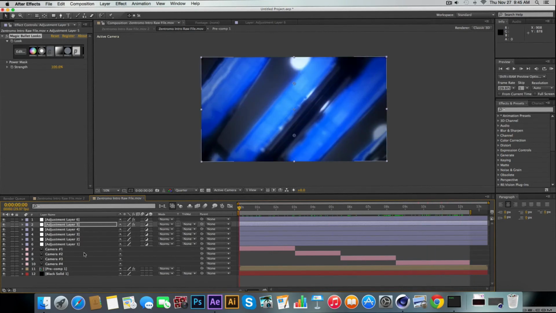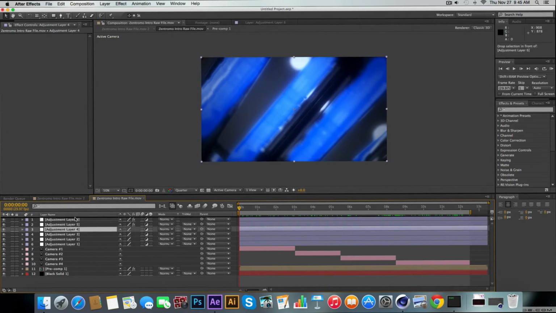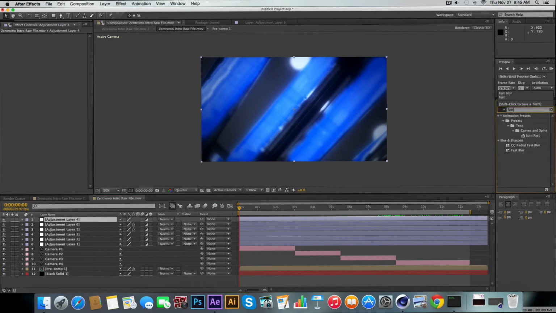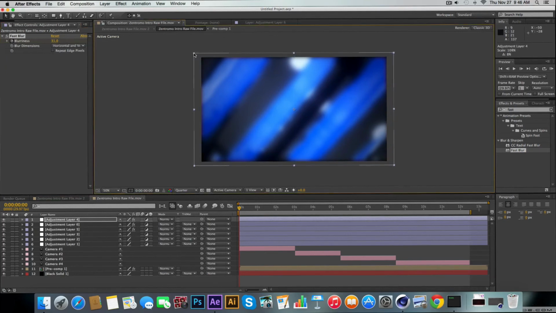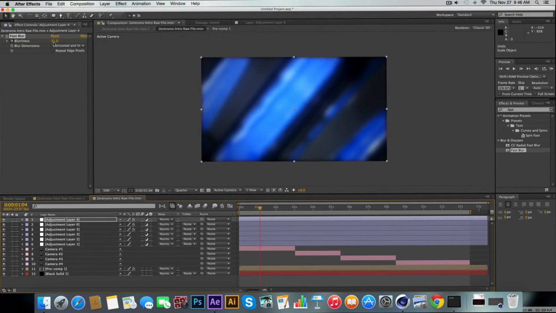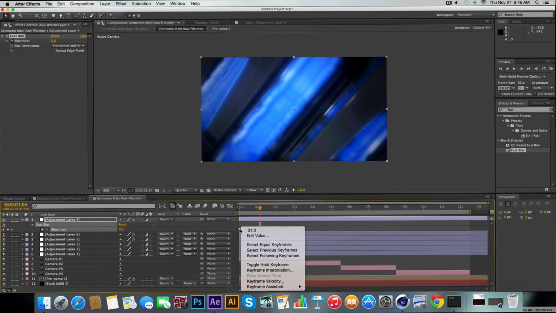Alright, okay, so what we're also going to want to work with is the move layer 4 to the top, and then just do fast blur. And this is going to be a crap ton of keyframing, so just be prepared now. I probably won't do this all with you guys, but basically what we have to do is just make sure there's a lot of little blur outs and stuff like that. So put this about 1 second in, switch to 0, U button, keyframe assistant, easy ease,